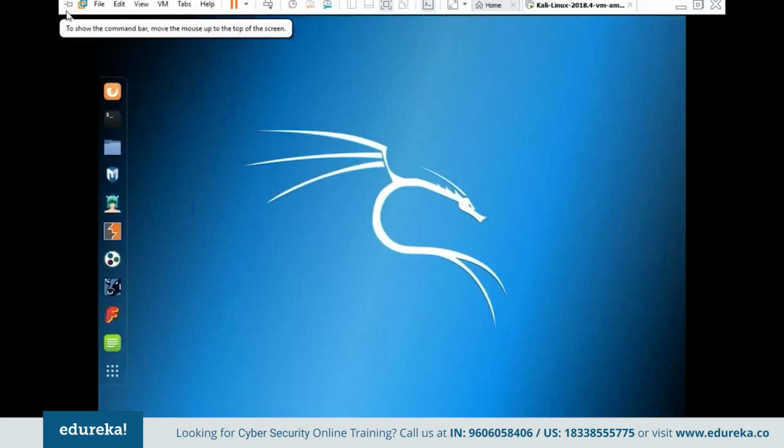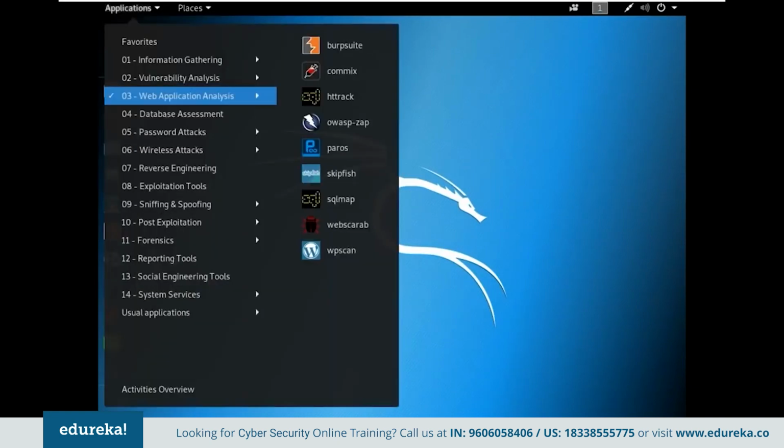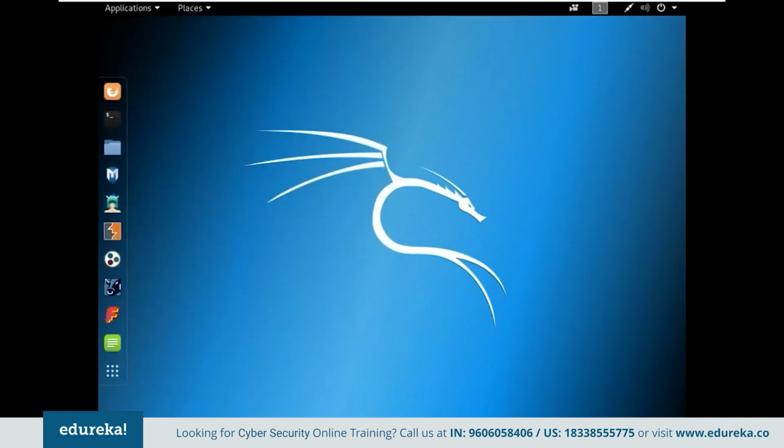And let me show you one more tool. Under applications, sniffing and spoofing, there's something called MAC changer here, right? Sorry about that. Yeah, MAC changer. The objective of MAC changer is to change or fake an original network card's hardware MAC address. Let me tell it to you again. The main aim here is you will either want to change or fake an original network card's hardware MAC